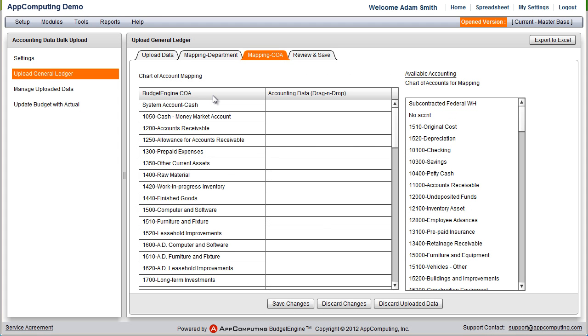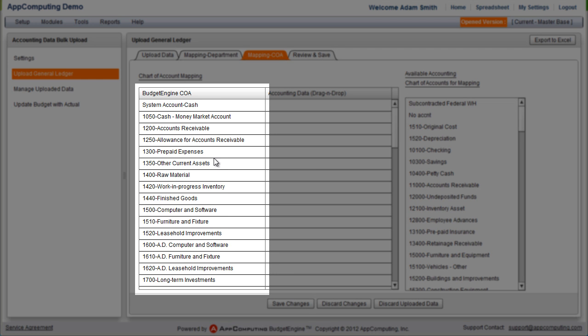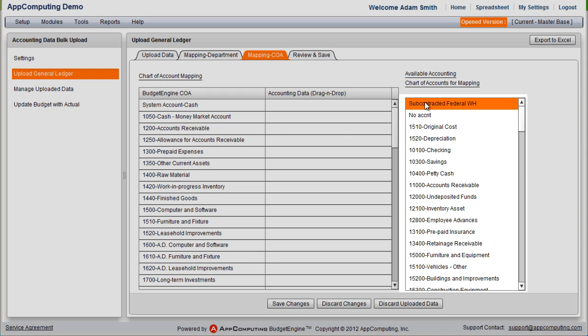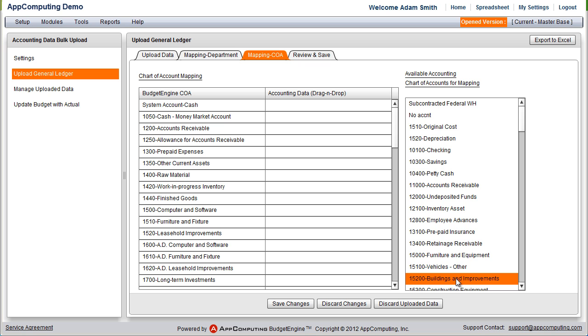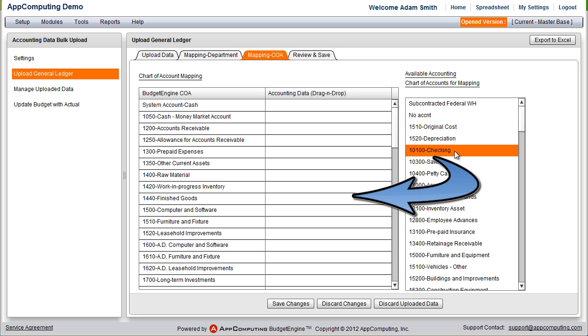Mapping of fields in BudgetEngine is handled entirely by a quick and easy to perform drag and drop function. In the left column are represented all the fields that have been defined in your BudgetEngine chart of account. On the far right is a list containing all the items that will be imported from the uploaded data file. To perform mapping, simply drag items from this list and drop them into the desired fields under the Accounting Data